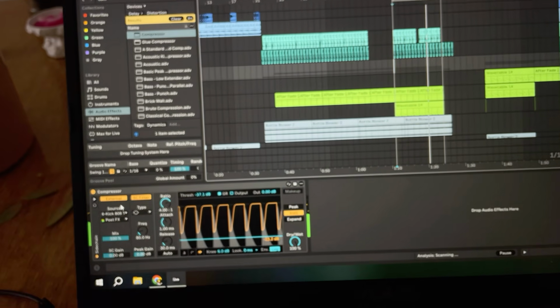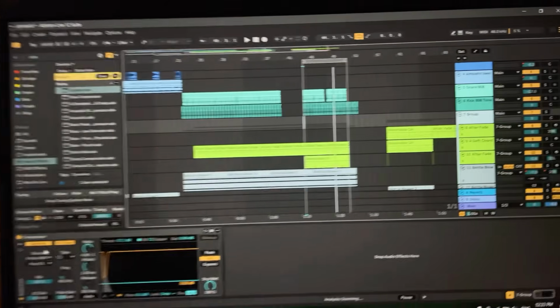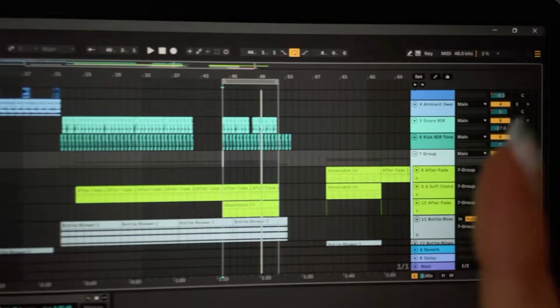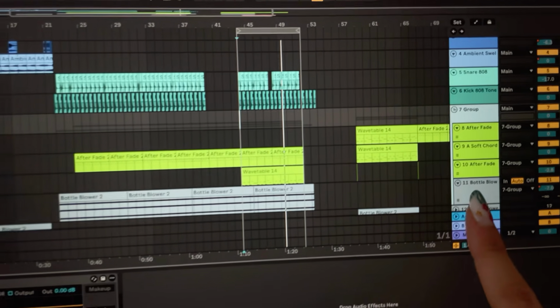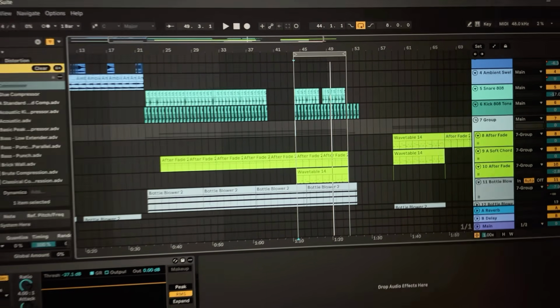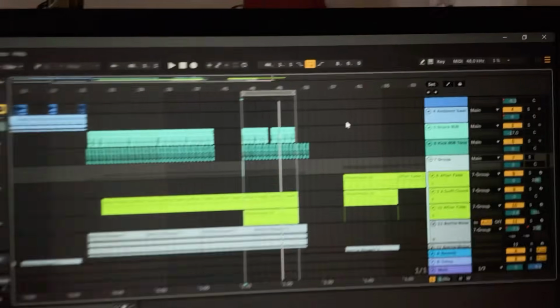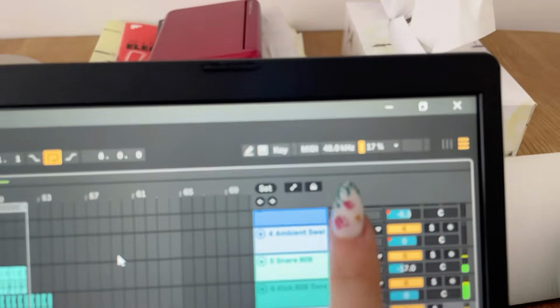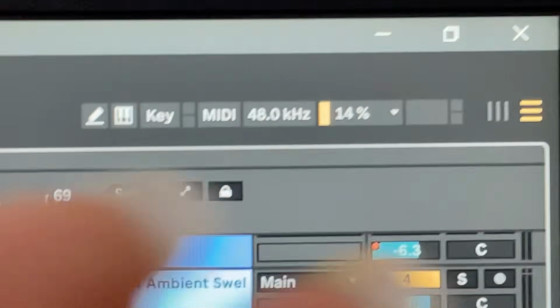and then I noticed that my sound was cracking because it was just too much for my laptop. And now I finally learned how to group these together, and now everything that I want to dip when the kick hits, I put in this group, and then I put the compressor on the group. And if I play now, I can see my CPU usage over here, and this used to go like 40% as I was previewing my song. This is how much it matters. That's crazy.